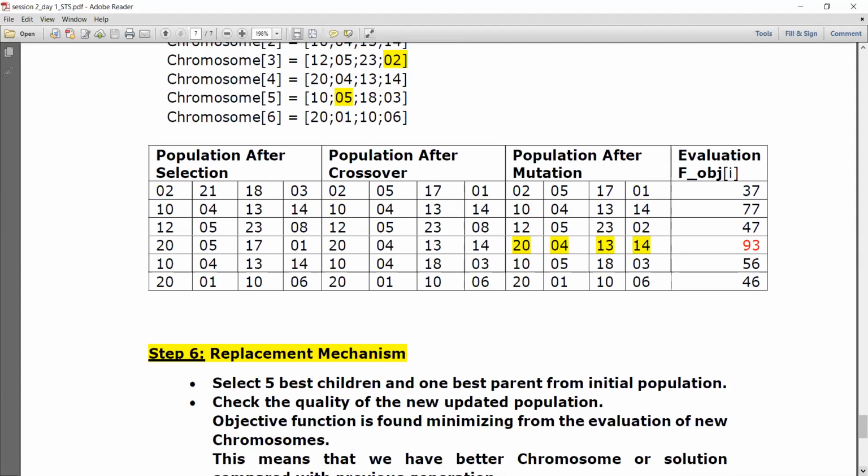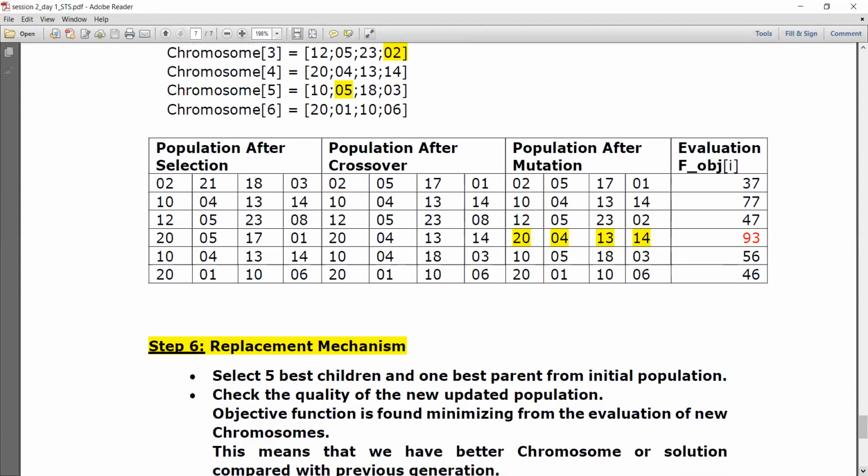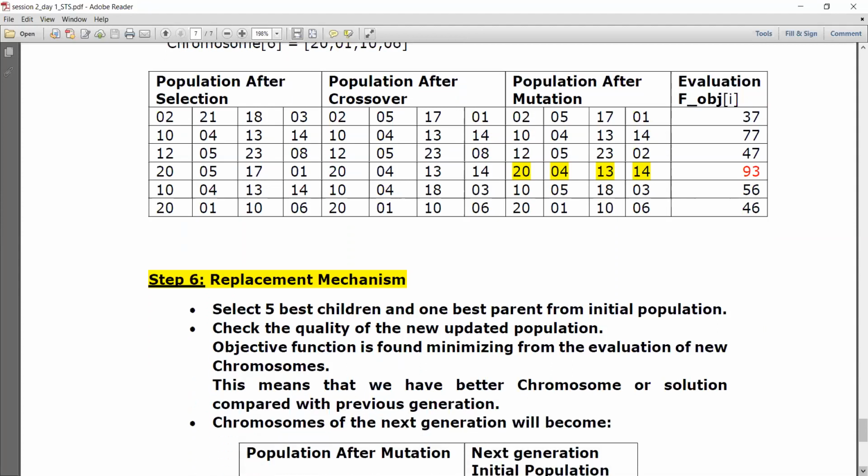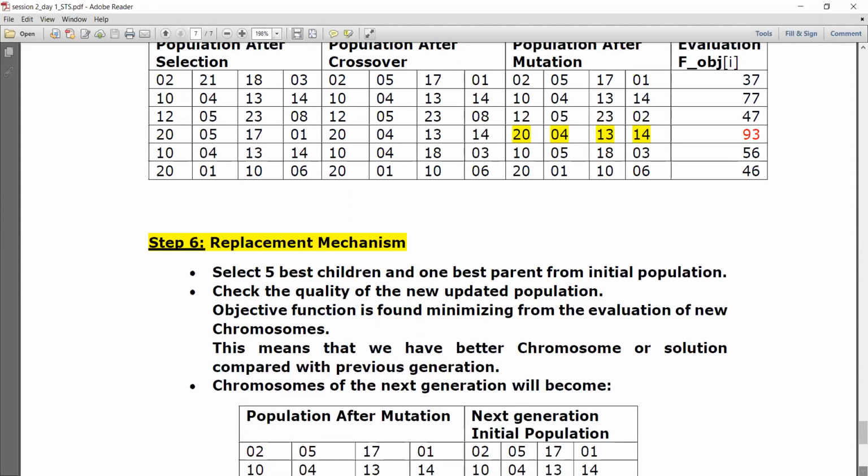Again, we will have to call these chromosomes for test. So again, we are going to check the quality of these solutions. So how are you going to test? The last step of this GA is going to be the complete replacement mechanism with which we can obtain the new population set, which will act as the initial population for the next generation. Like how we started randomly in the initial first iteration, now for the second iteration, the output we obtain after this step 6 will become the parent, right?